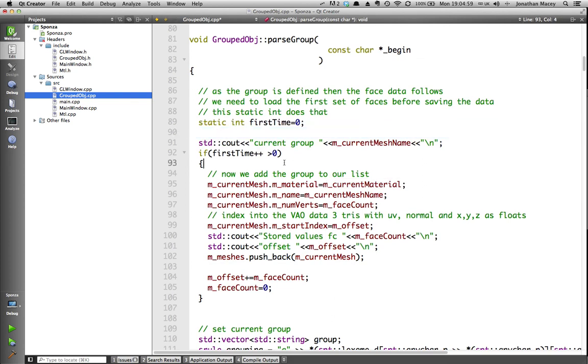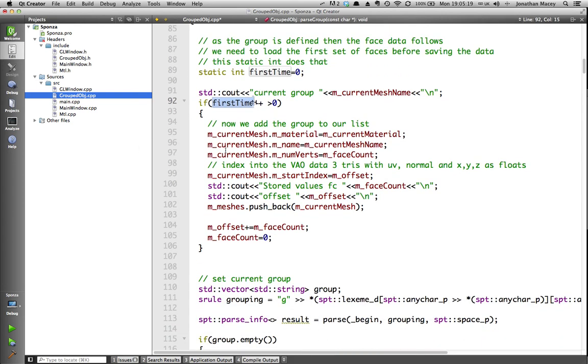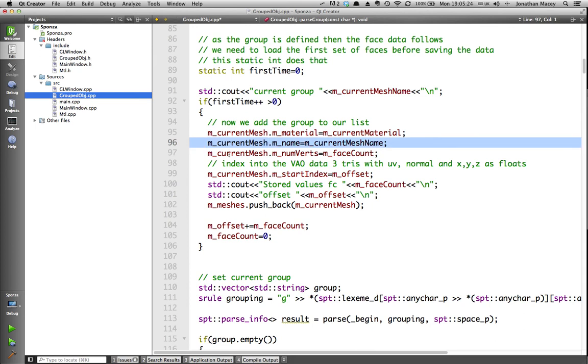The group is defined so that first time round we set this first time. Obviously we get the group, we don't trigger the end of the group until we get the next group. So first time round we basically don't add the current group back, we just store it. Next time through, this static one will store all of the previous parsed values that we've got